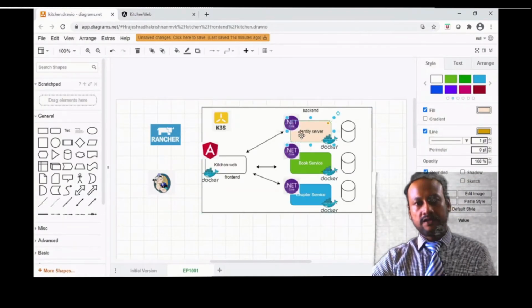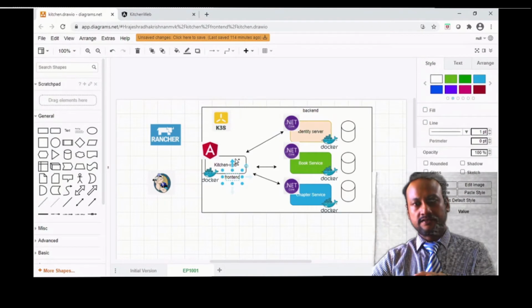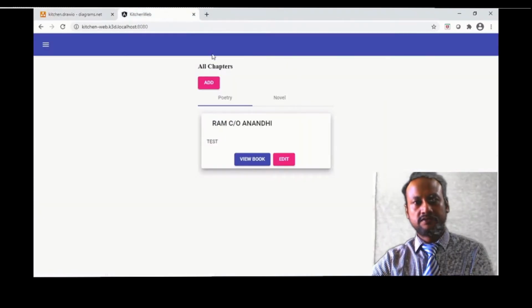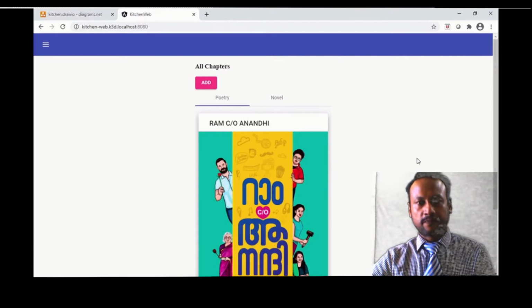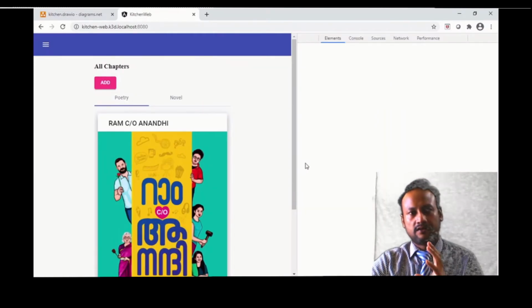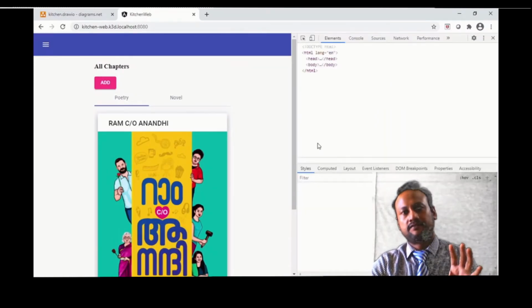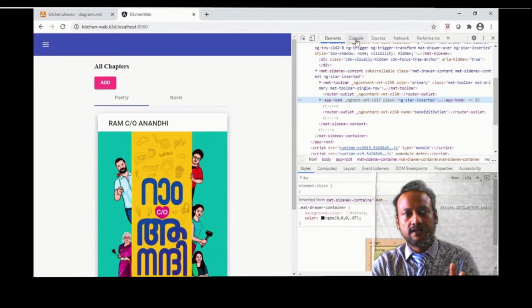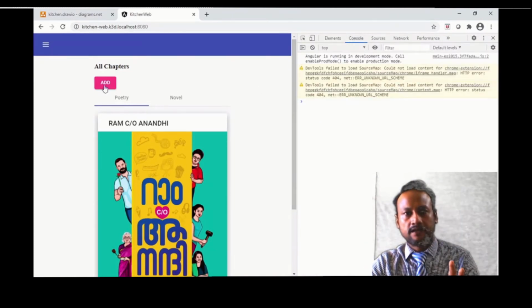So from here the roadmap is that the identity server is done and it contacts the book service. This is how it's pulling the data from the MongoDB. This is the end-to-end full stack app running in my local cluster using K3s, and in the console let's see what happens behind the scenes.